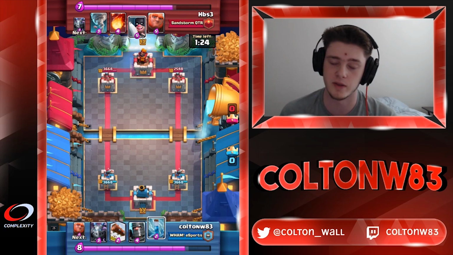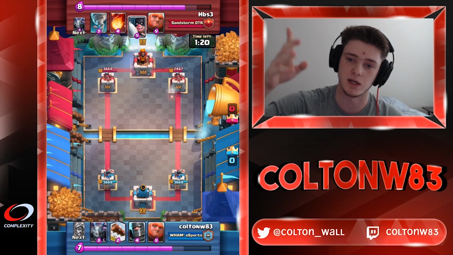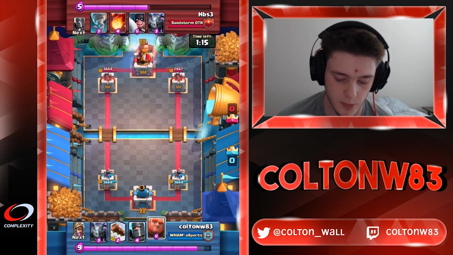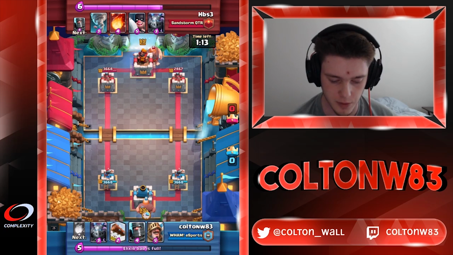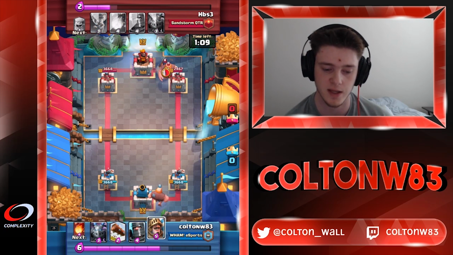Just let it go, and then either play Mega Minion or Prince on his support troops, and that'll push and threaten his left side while you also take his right side. So starting your Giant in the back is almost always the way to go in the Giant mirror match. There are obviously exceptions when you have counter pushing troops, like late in the game, but early